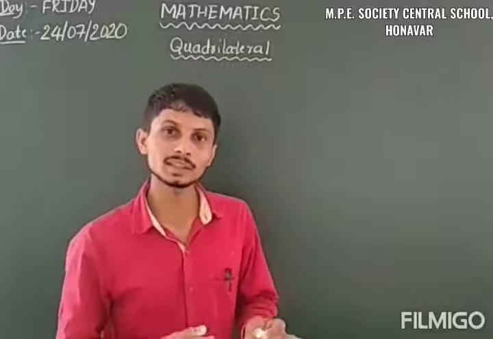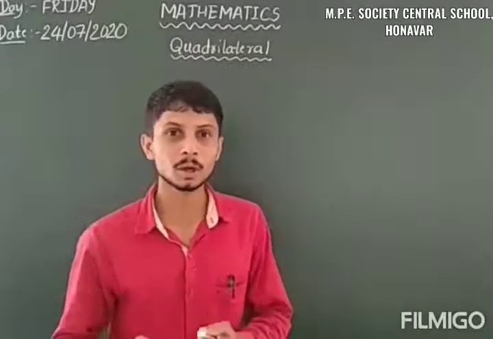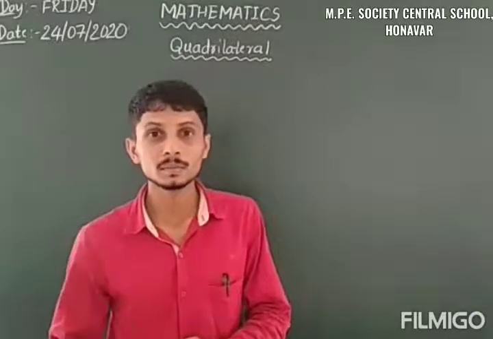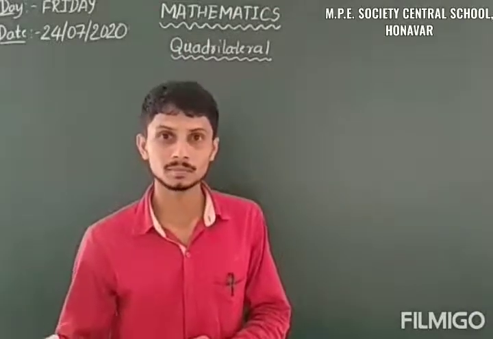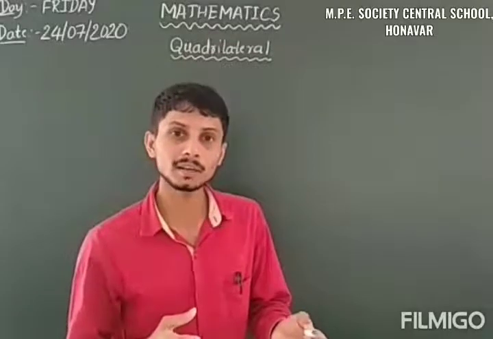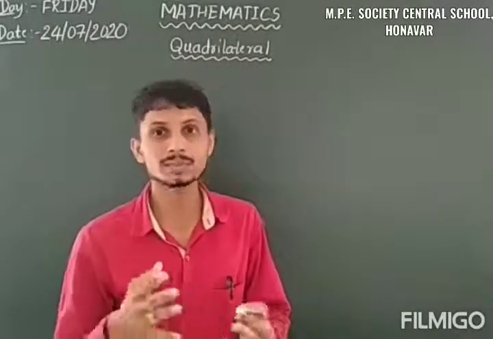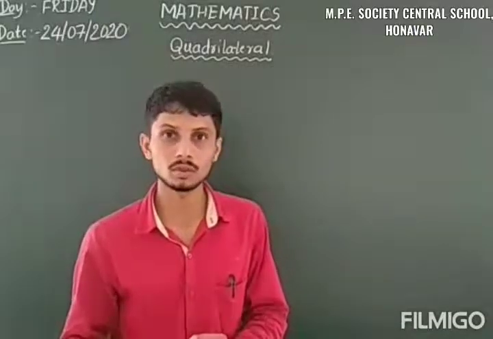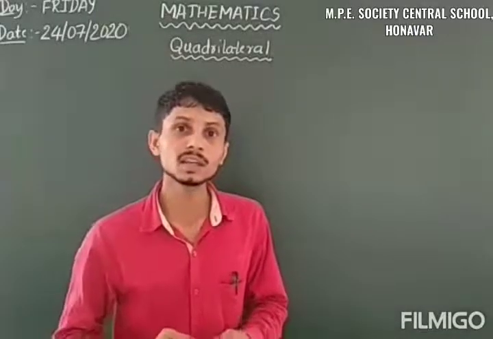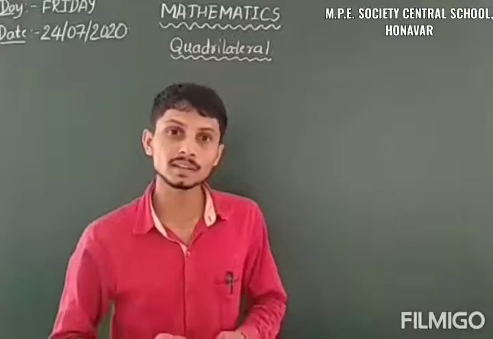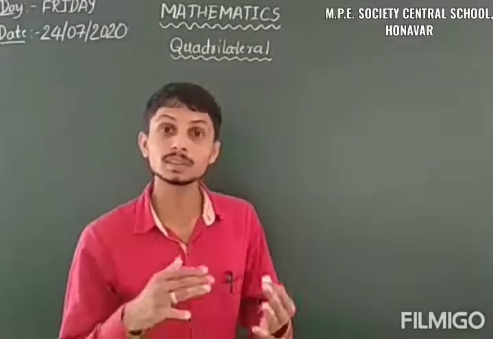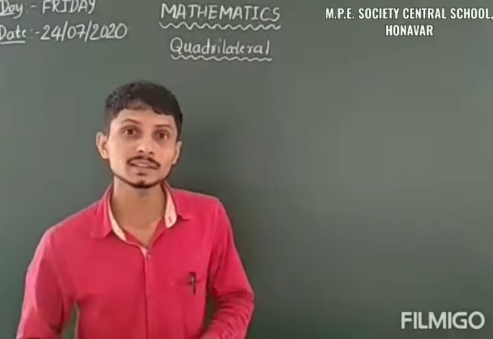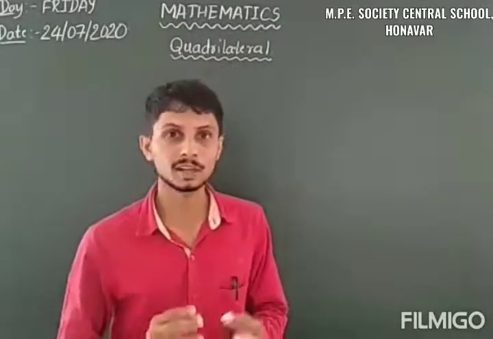Last class we discussed a topic from 8th standard, that is quadrilateral. In quadrilateral we discussed polygons, angles and property, kinds of quadrilaterals, and then properties of parallelograms. In properties of parallelogram we already discussed the property of sides, that is, opposite sides of a parallelogram are equal in length. And properties of angles, that is, opposite angles of a parallelogram are equal and the adjacent angles of a parallelogram are supplementary. We already learned that.